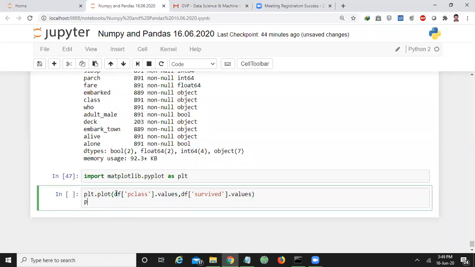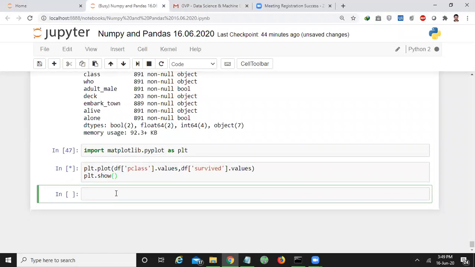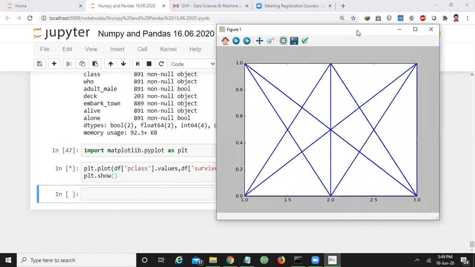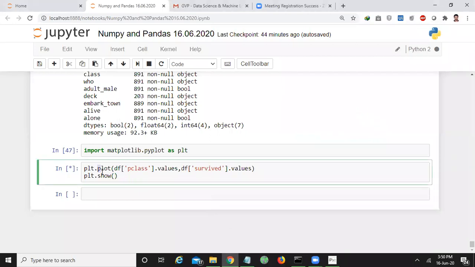Now you write plt dot show, and you'll get the graph like this. If you don't understand this, instead of plot, let us make it scatter.